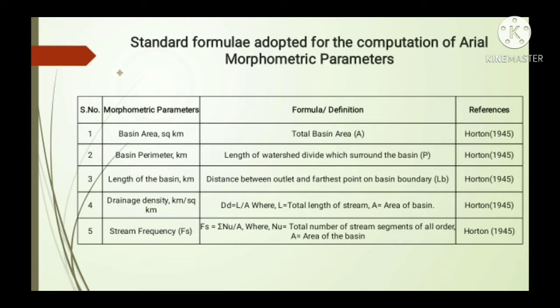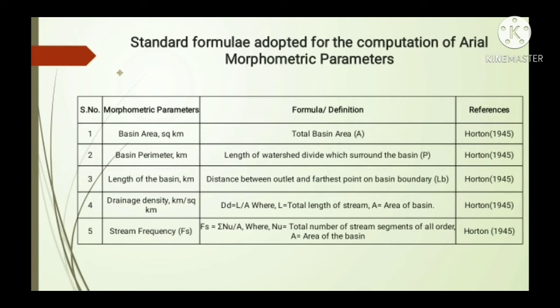Gardner in 1975 defined basin length as the longest distance measured from the drainage outlet to the point on the boundary equidistant from the outlet in both directions around the perimeter. The drainage density is analyzed in terms of kilometer per square kilometer and indicates the channel spacing. Drainage density and runoff are directly proportional. Therefore, drainage density indicates the runoff in the area, or the rainwater volume that would infiltrate into the soil media.